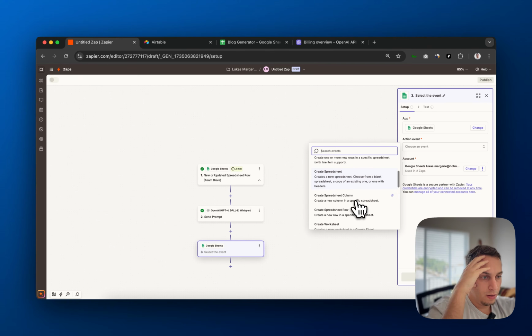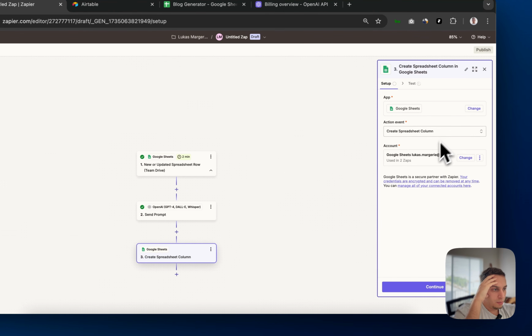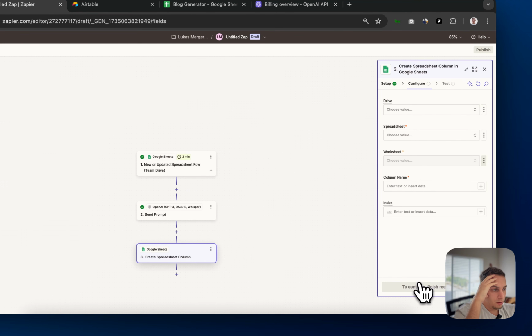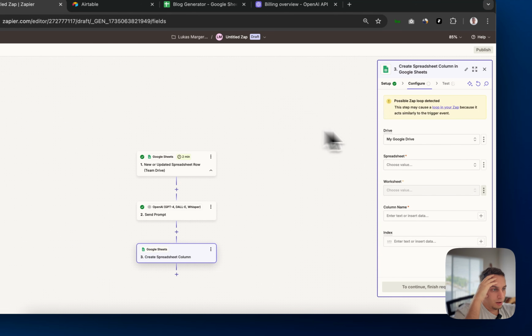Create spreadsheet column. Here, let's continue. Let's click on my Google Drive. Let's click on the blog generator one. Sheet one. Column name would be